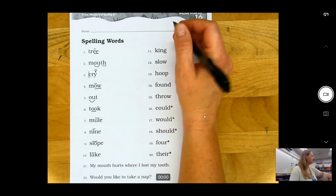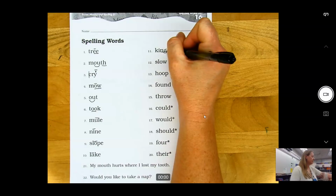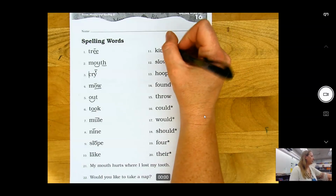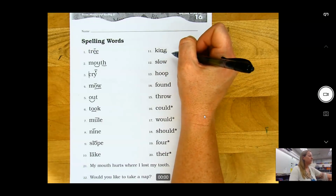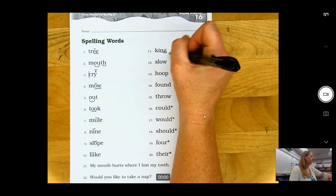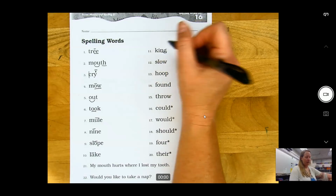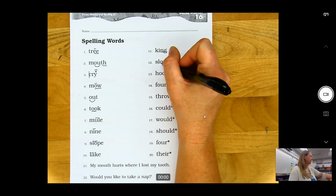Okay, here we have digraph NG, okay, which makes the ng sound. Yes, we have ing, but this ing is not a suffix, okay? It still says the sound ing with king, but this is not a suffix because K is not a root word. Okay, we have this word,